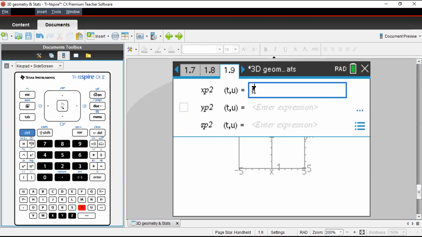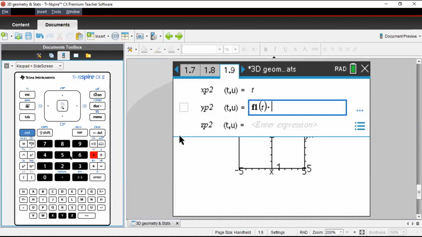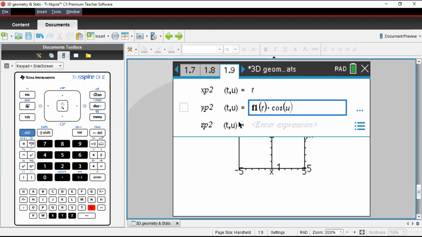Now we are going to use sine and cosine functions to define the components. So let me first write my components over here, and then I'll explain why I have taken this. Y is f1 of t multiplied by cos u.